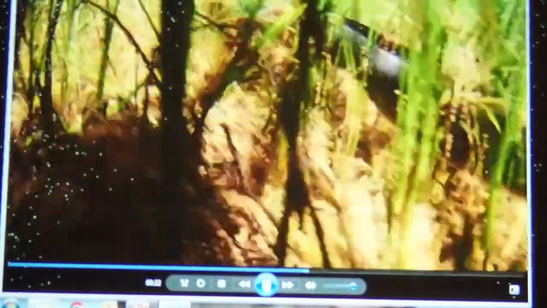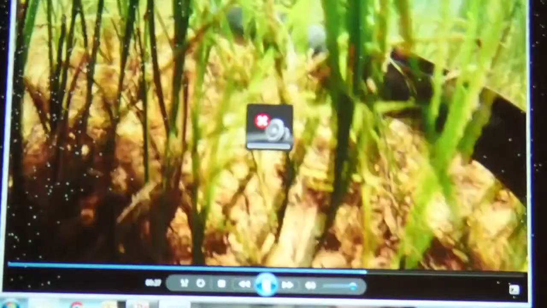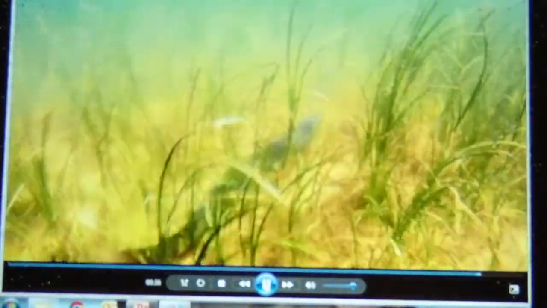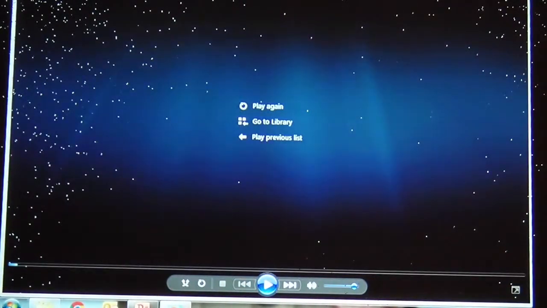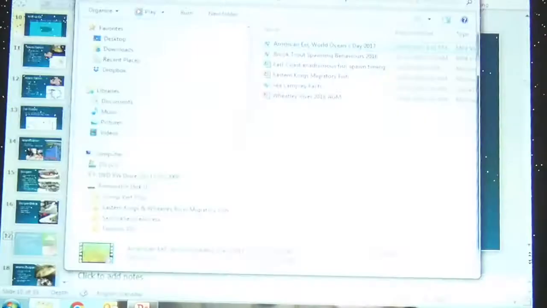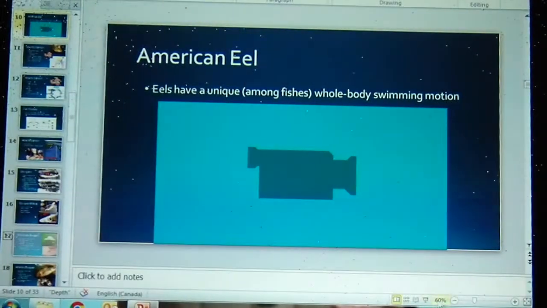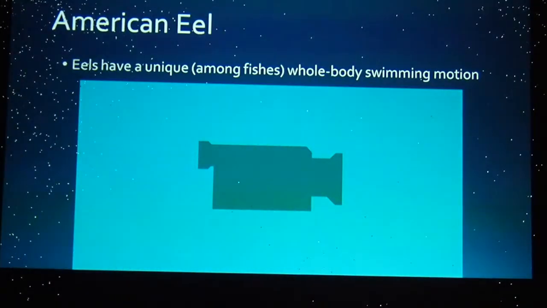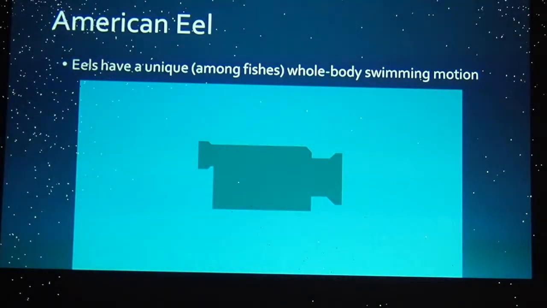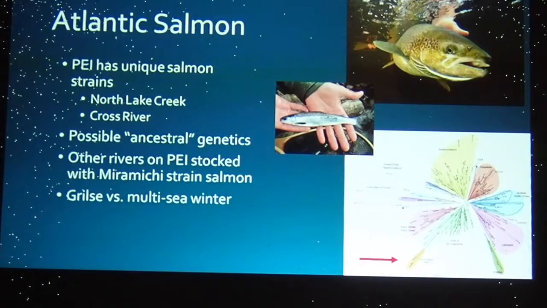So they actually use the whole of their body, and it's really not a very energetically efficient form of swimming, but I can tell you from personal experience being under the water with these guys that when they want to move, they can move. They can burst very quickly away. Now, most of the time, they just spend their time foraging on the bottom. They dig around in the muck until they come across something. They're often looking for little crustaceans or other invertebrates, and will sometimes eat dead animals as well, dead fish